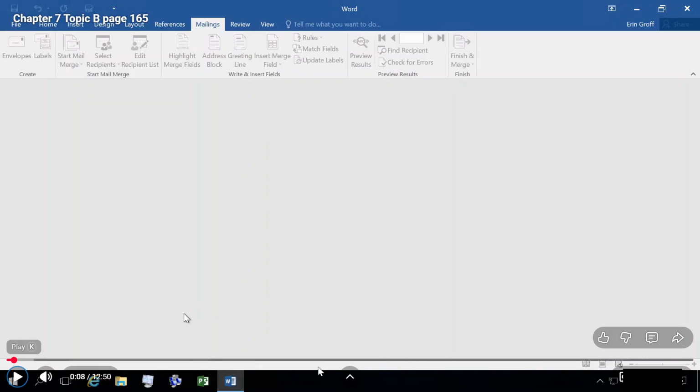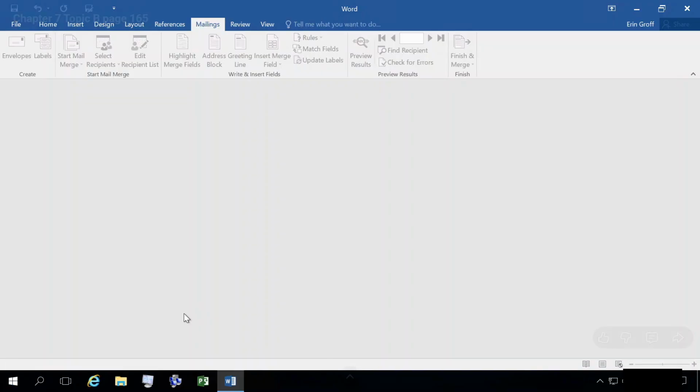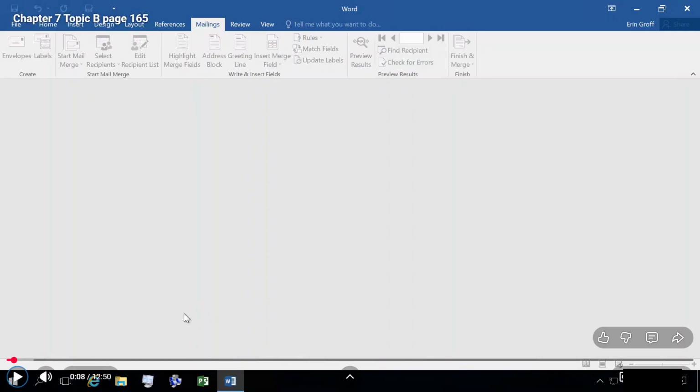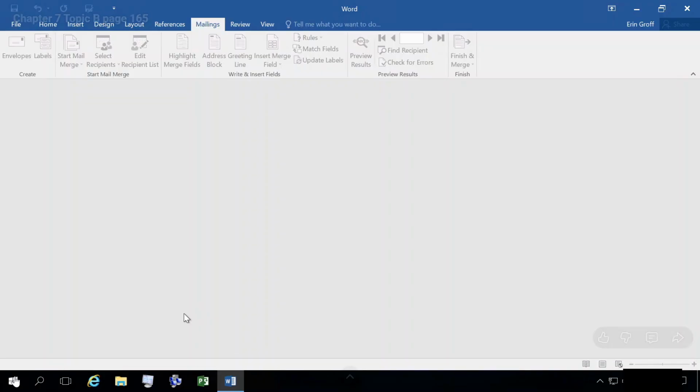This is topic B on page 172, merging envelopes and labels. You've created custom letters using data merged from a list into your main document. You can also create customized envelopes and labels using merge data, which is what you will do in this topic. You will see how you can simply merge the address information and print envelopes or labels as easily as you